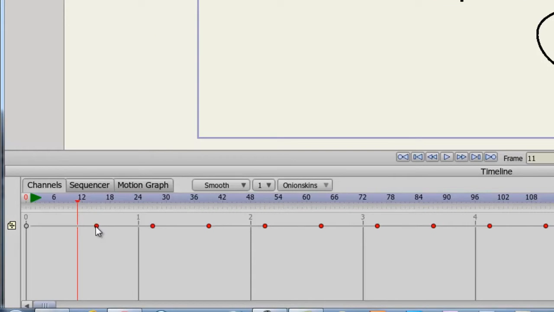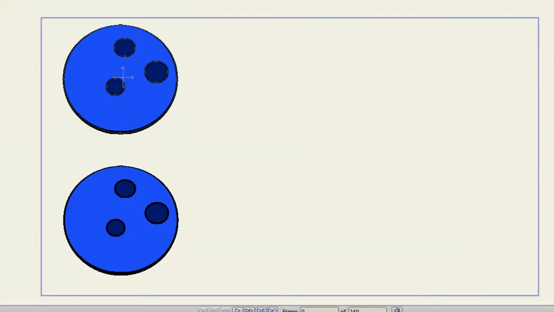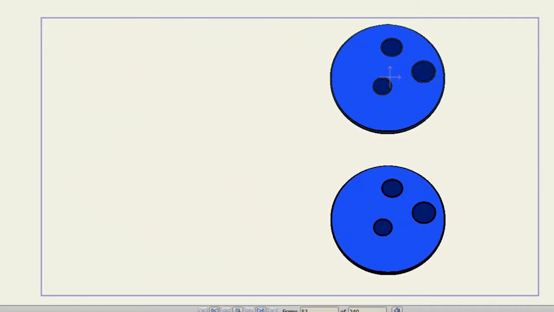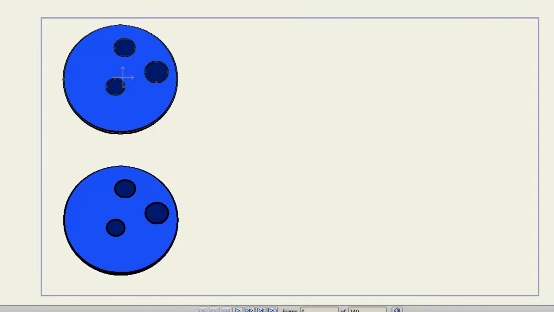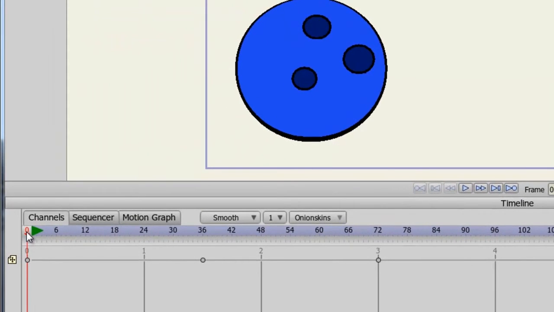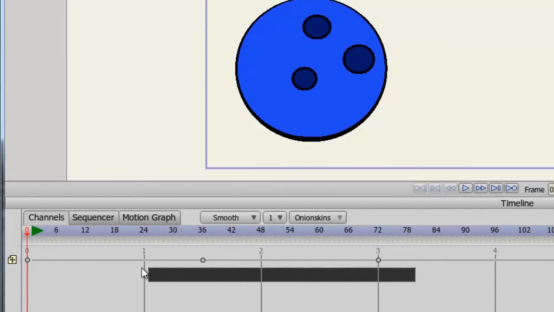Now I'll open a new file so we can check out the interval settings for Anime Studio 9. With this example, I have 2 layers on my project file. They are the exact same and move at the same speed. So if I hit play, we can see this take place. So now, if I come back here to frame 0 and click on my second layer, which is the top layer, and then highlight all of the keyframes,